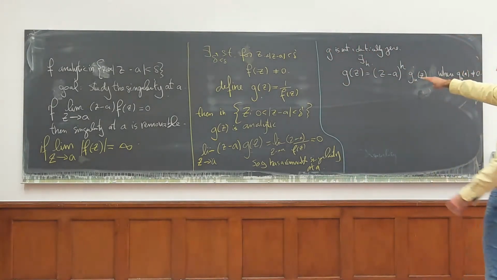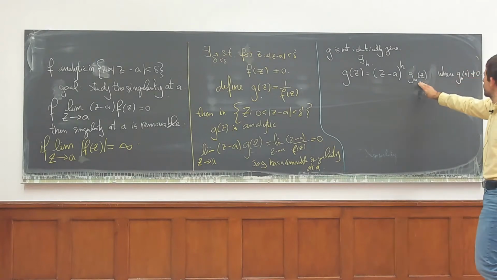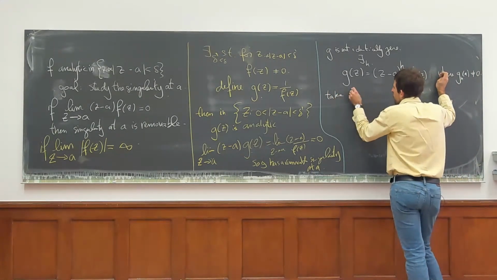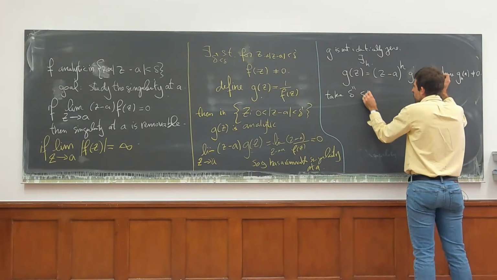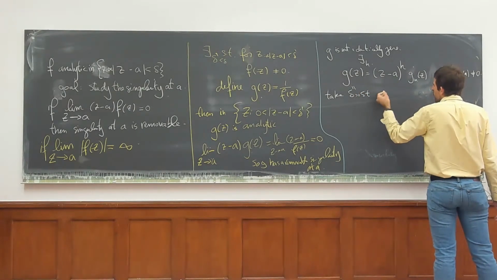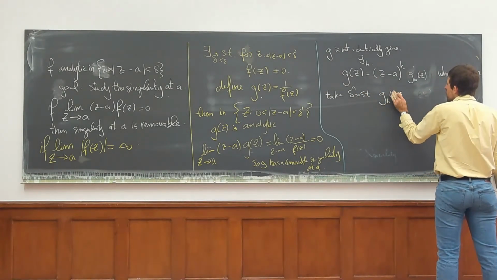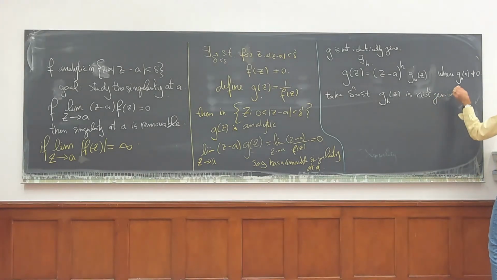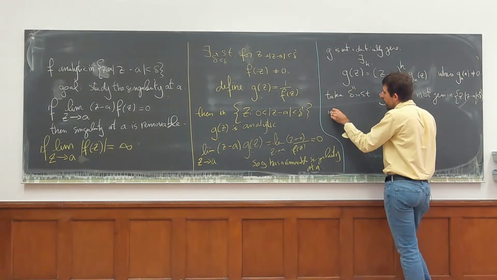Now we've written g of z with something that we know is not 0. We now take a potentially even smaller neighborhood. We can always take smaller and smaller neighborhoods. Take delta double prime bigger than 0, such that g_h of z is not 0 in the disk, because this is not 0 at a, and it's continuous. This must exist. Now we can define, in that neighborhood,